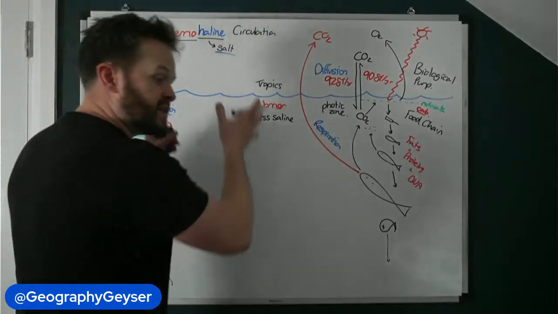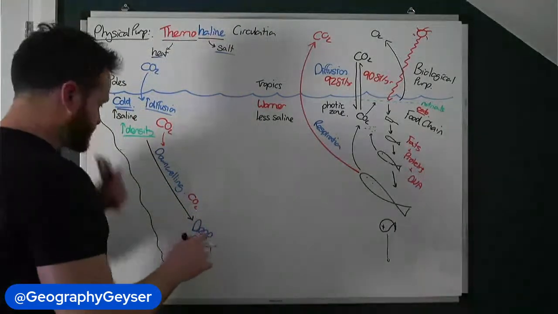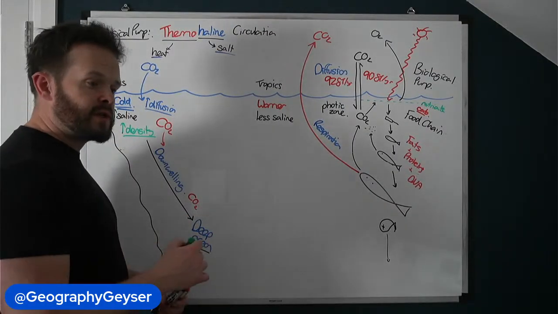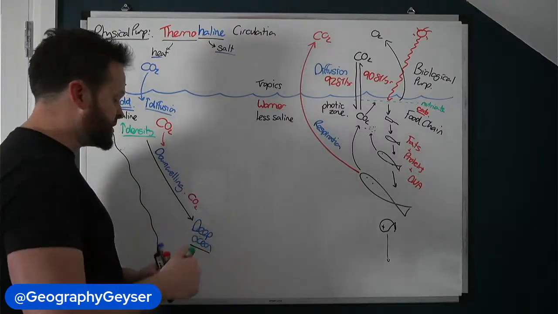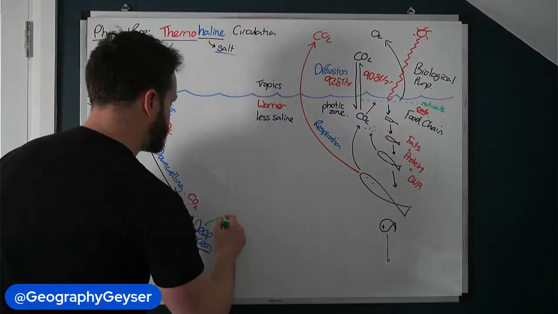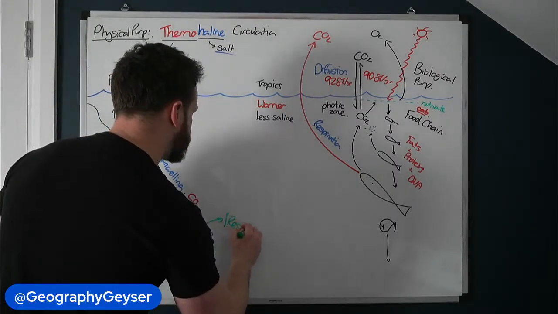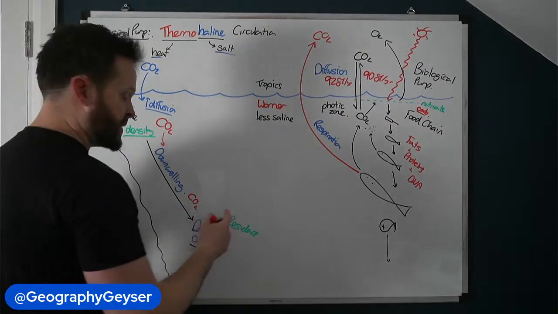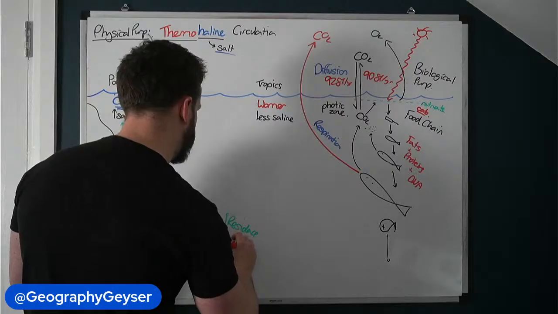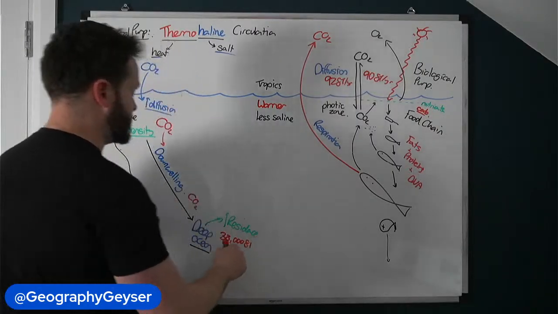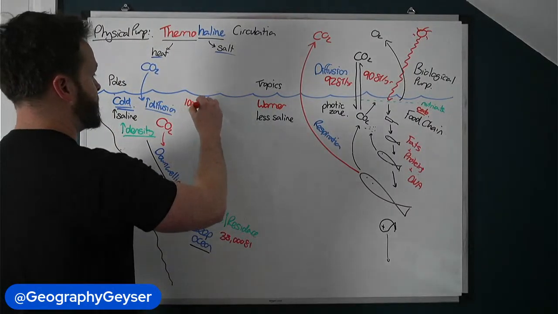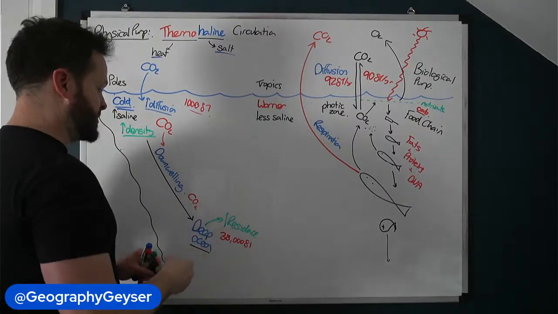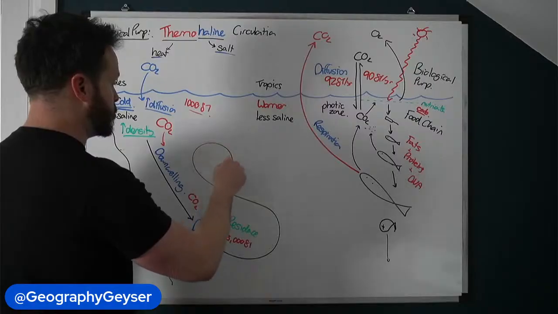Right, so that downwelling process takes place, and it takes it into the deep ocean store. So the importance of taking that carbon down to the deep ocean store is that there is increased residence time. And this is where the majority of carbon is located. So you have around 38,000 gigatons of carbon in the deep ocean store, whereas there's only 1,000 gigatons of carbon in the surface ocean.